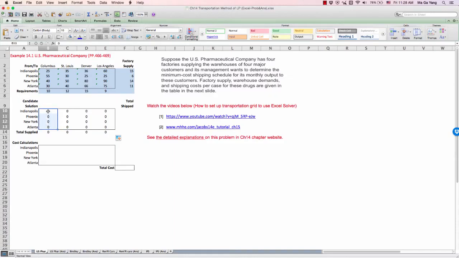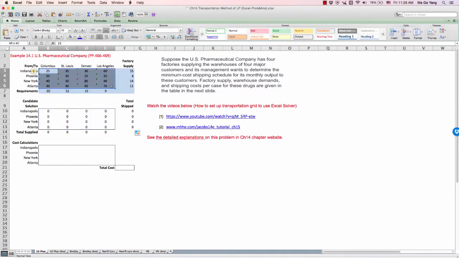So Columbus received this supply, and St. Louis, Denver, and Los Angeles. Again, total shipped, use the sum function. You sum up Indianapolis all the way to Atlanta. Again, the solver program will use this table to find the optimum shipping units.